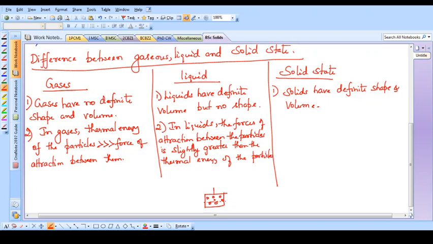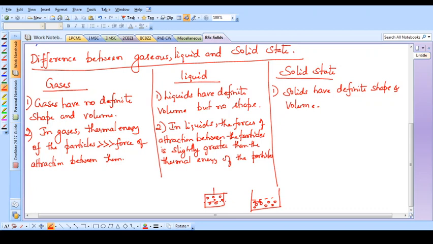Okay, this is the property of a liquid. What does it mean then? Suppose in a beaker I have taken a certain volume of water. You can imagine certain water molecules present inside here. Now the force of attraction between two water molecules is slightly greater than their kinetic energy. So you have two forces which are